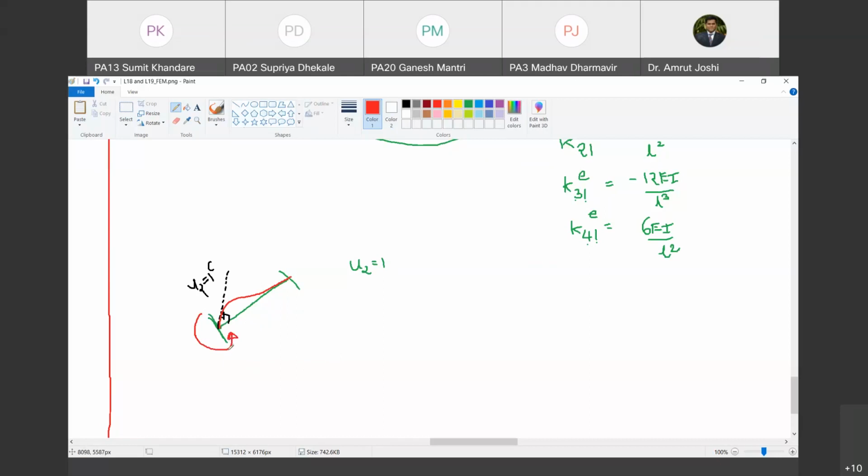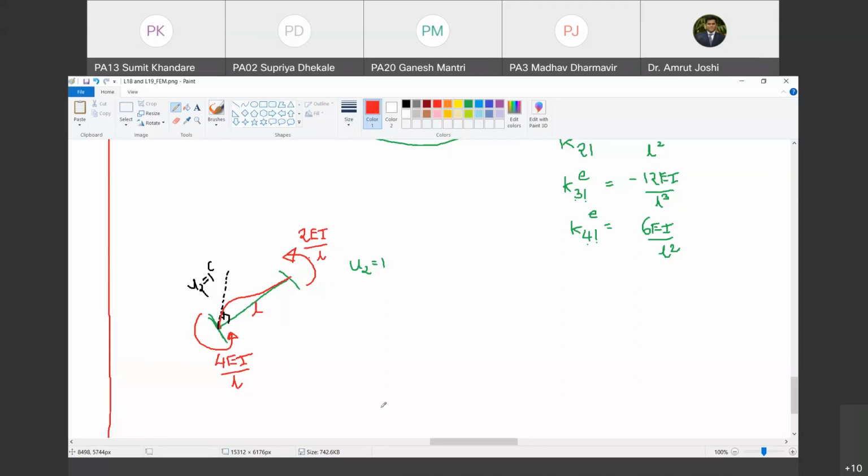You know that this moment is carried over here. Carry over factor, किया है हमने. So if this moment is M, this carryover will be M by 2. Do you agree with me? Yes, sir. So to have unit rotation at this end when the far end is fixed, what is the moment that you require to produce? 4 EI by L. Do you agree with me? Right. When the far end is fixed, you need to provide the moment 4 EI by L. As a carryover consequence, this moment here will be anticlockwise in nature, but of half the magnitude. So 2 EI by L. Do you agree with me? Yes, sir.